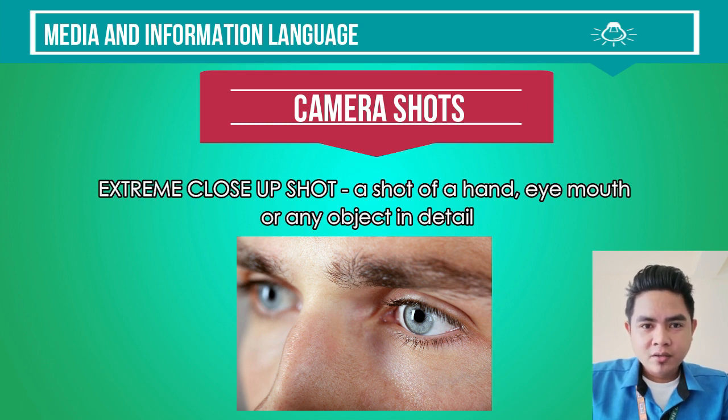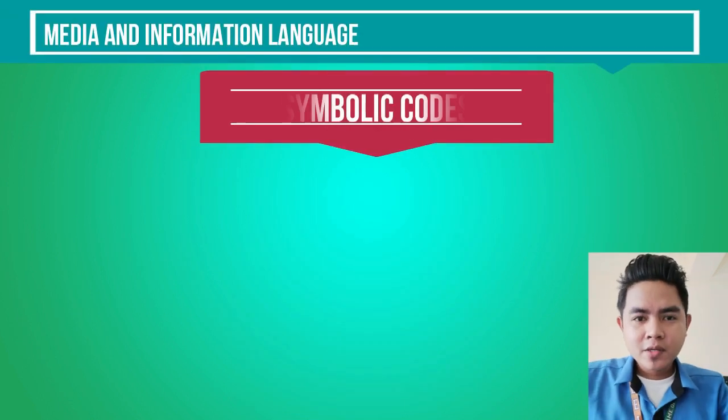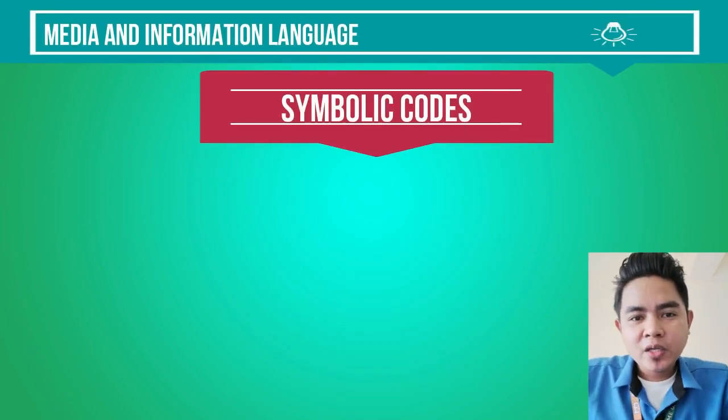Generally, this technique is used to display the part that is considered attractive from a person's face, like just showing the eyes, nose, or lips. This technique is also used to create catalog images or advertisement of cosmetic products. For example, nose shots for blackheads cleanser, lips for lipstick, and eye for flicker. Okay, so let's proceed to the symbolic codes.